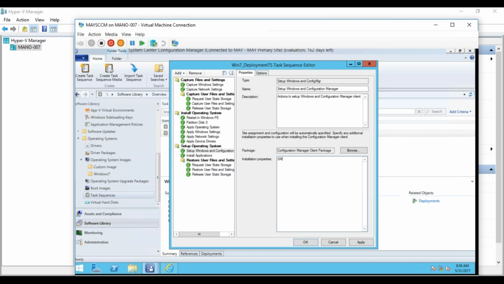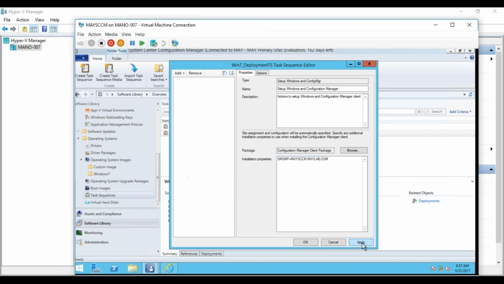So I'm giving the SMS management point. So what is the management point here? It is may SCCM dot mailab.com. So this is the management point. Now it knows whom to contact, right? I hope